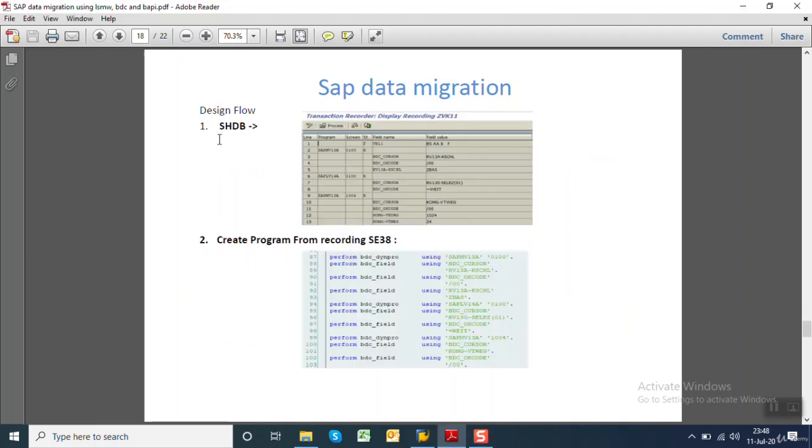So the design flow is like this. When we do the recording with SHDB, we can see the recording details like this: the program name, the first screen which is called in this program, that is the starting program, the cursor position, the OK code, and we can see the field values. After this recording, we transfer this to create a program in SE38. This we'll see in the actual session, as this is only the introduction part. So this is the design flow